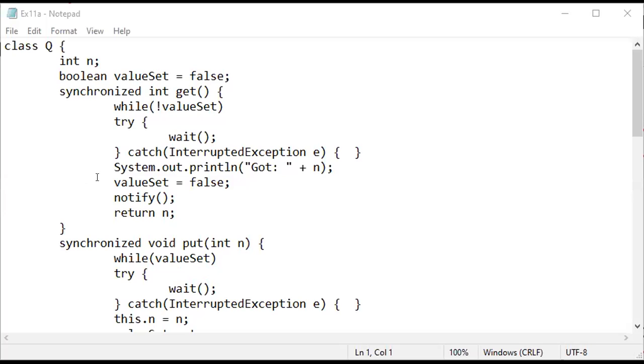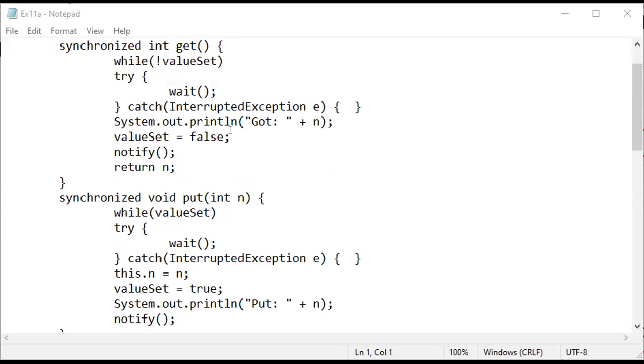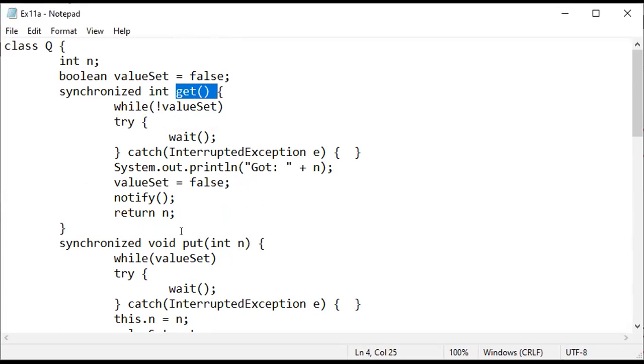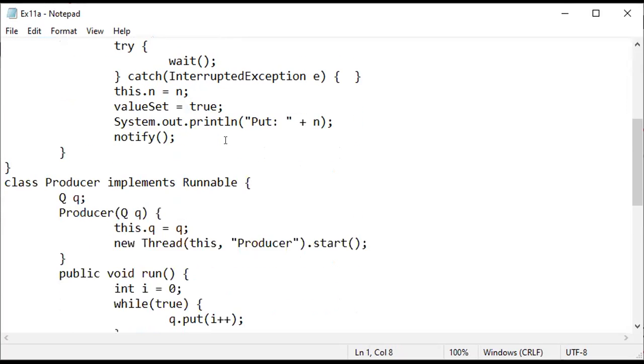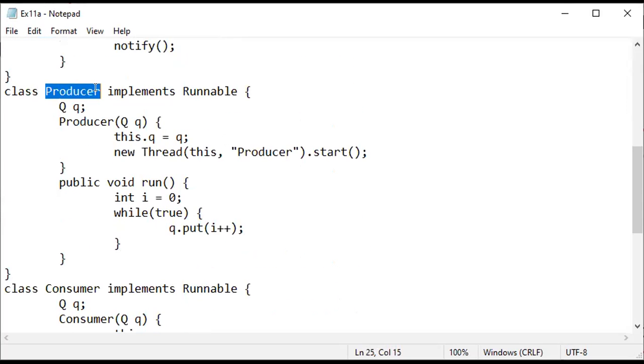Coming to this one, the same code we have taken into this Java file, exercise 11a, and the get method and put method are both defined as synchronized inside of this class Q. Later we have a producer class that implements the Runnable interface, where we take the object of this Q class and pass it to the constructor of the producer class, where we create a thread and start producing items.